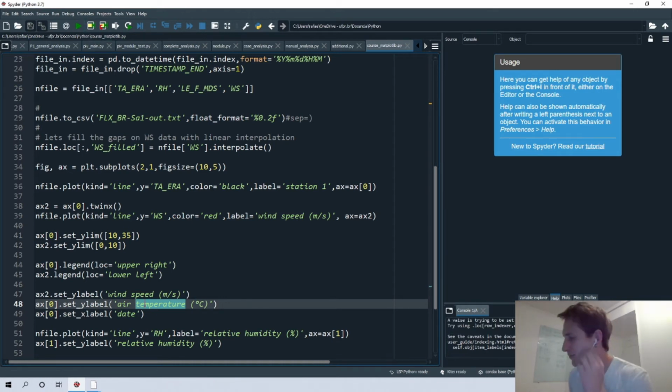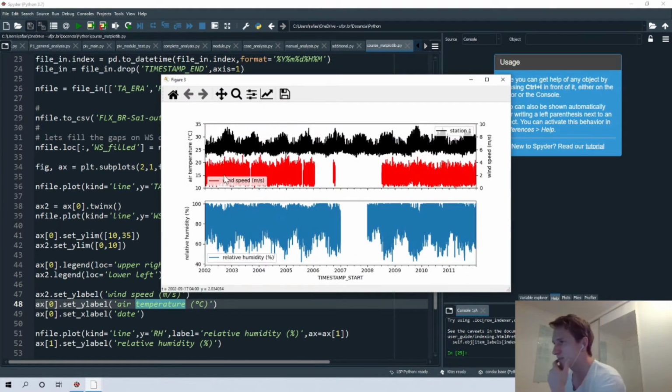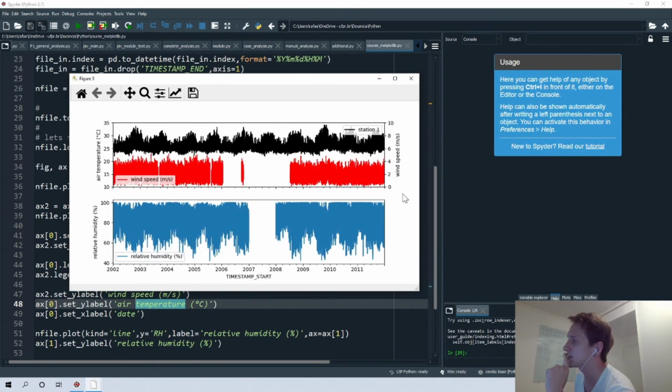Something that I didn't say but I want to mention now is sometimes you don't have that legend. Sometimes you neglect this. So we have just the line and the y-axis and the second y-axis. So it's really hard to define, if you have two lines and two y-axes, which line is actually air temperature and which one is wind speed. So for that, we can just modify the colors of one y-axis and also the ticks of this. So we can change the color of these values.